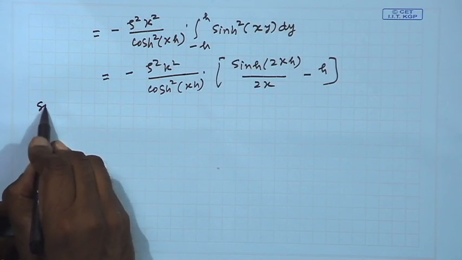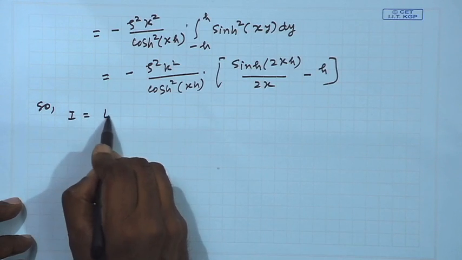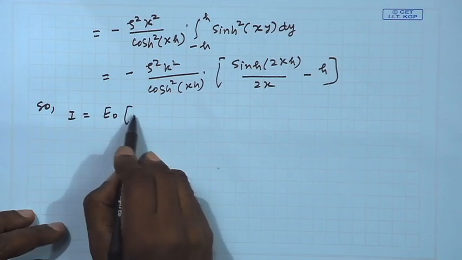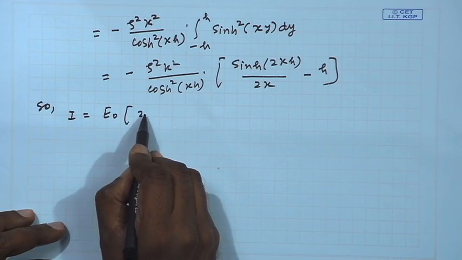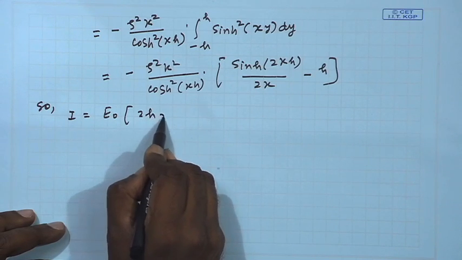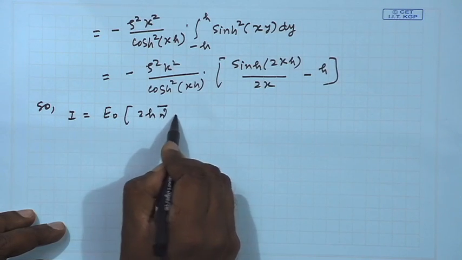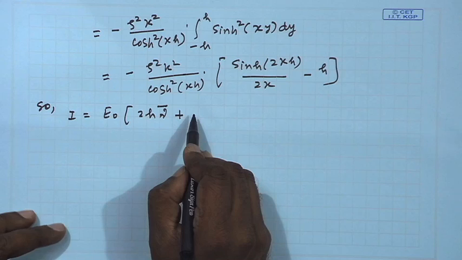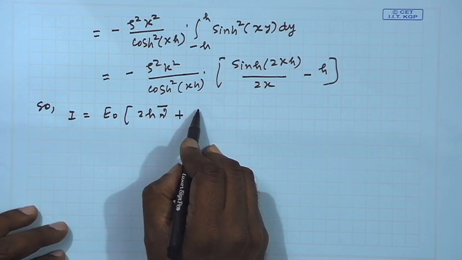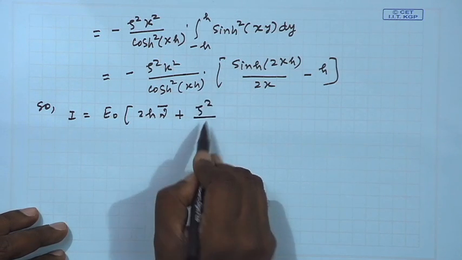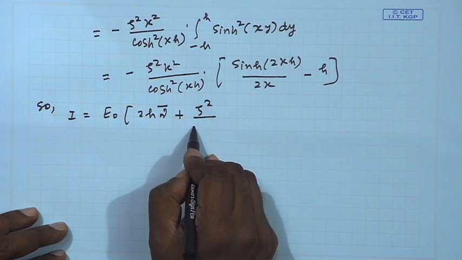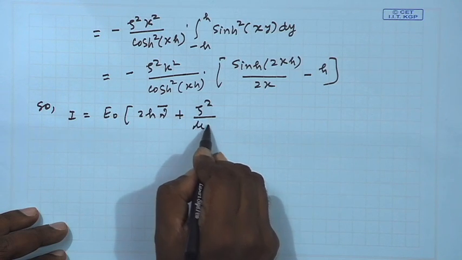So I becomes E0 into 2h nu bar, the average conductivity, plus there is a minus, so this is plus zeta square by mu h